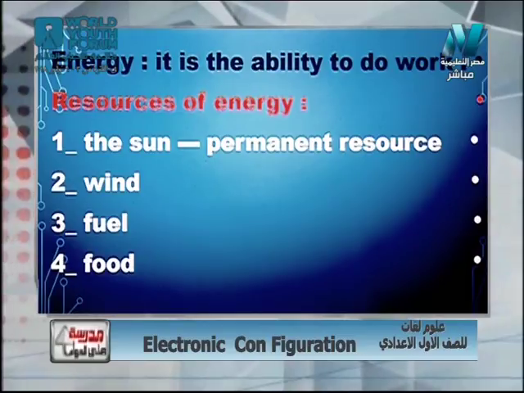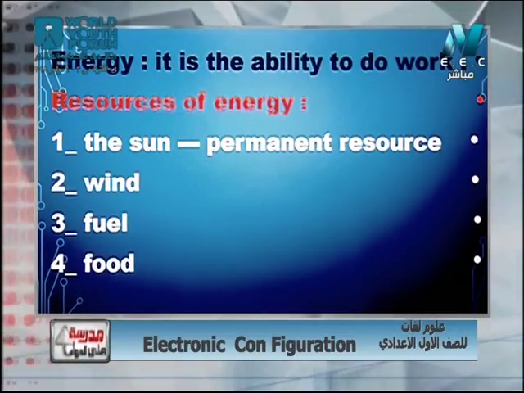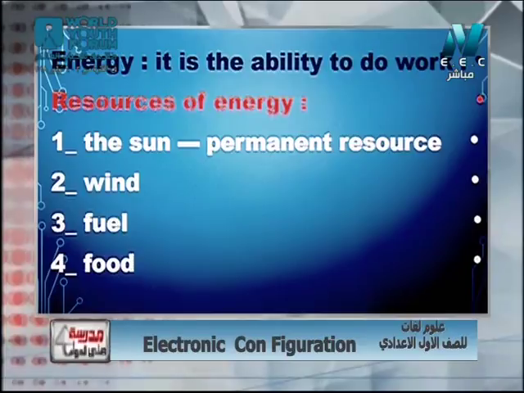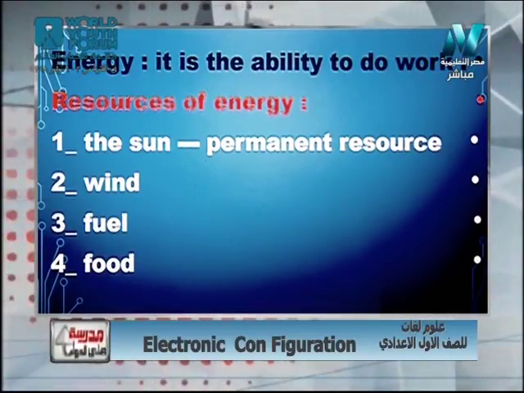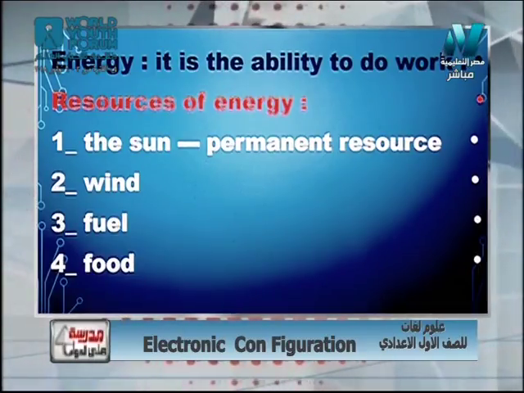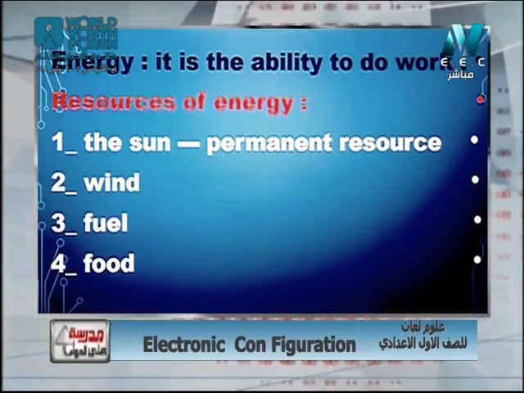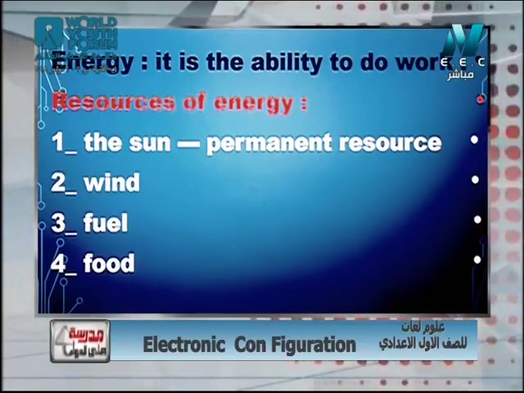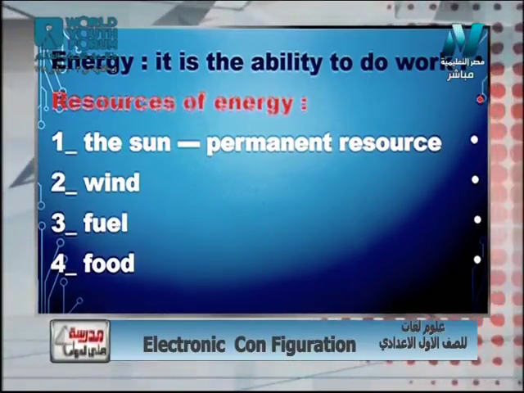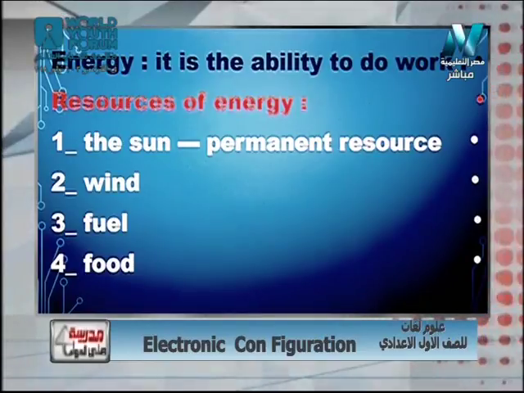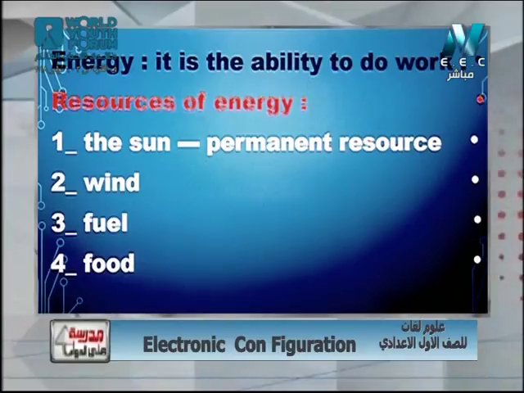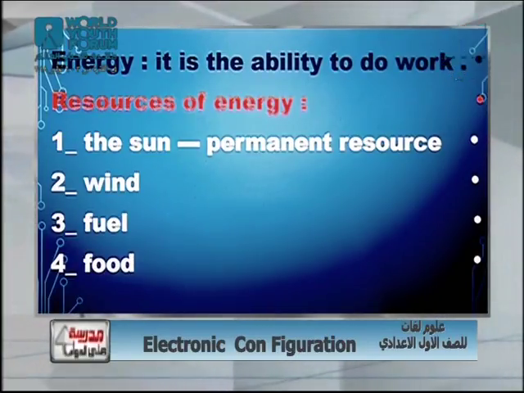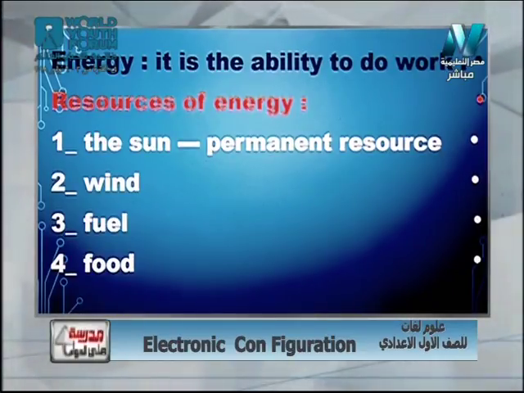Number 4, food. The sun is a resource of energy because it gives us heat and light. Wind, we can use wind to have kinetic energy, to generate electricity. Fuel, we can use fuel to move our cars, planes, trains. We can use fuel to generate electricity. Food, we use food to generate heat and the kinetic energy inside our bodies. So resources of energy: sun, wind, fuel, food,